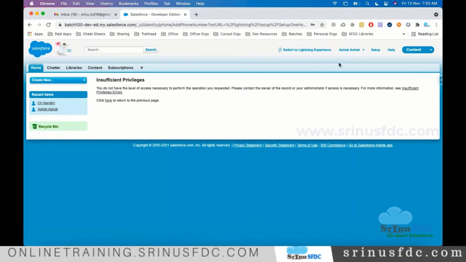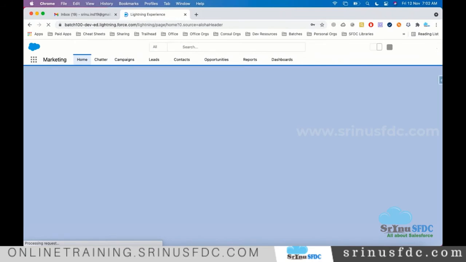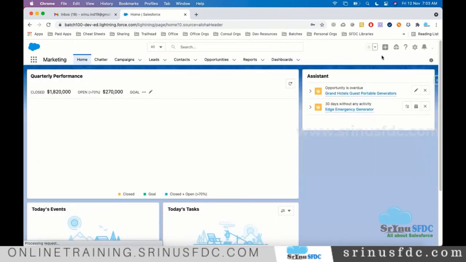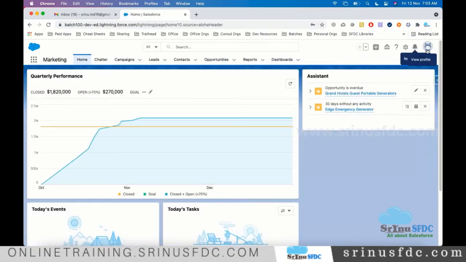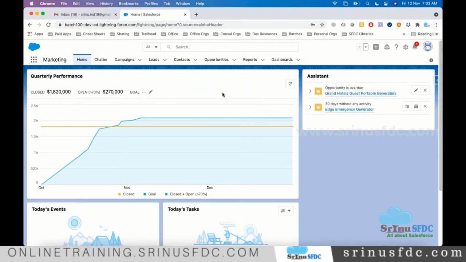This is Classic, right? If you want to switch to Lightning, you can switch to the Lightning experience. Okay, so this is the Lightning experience.